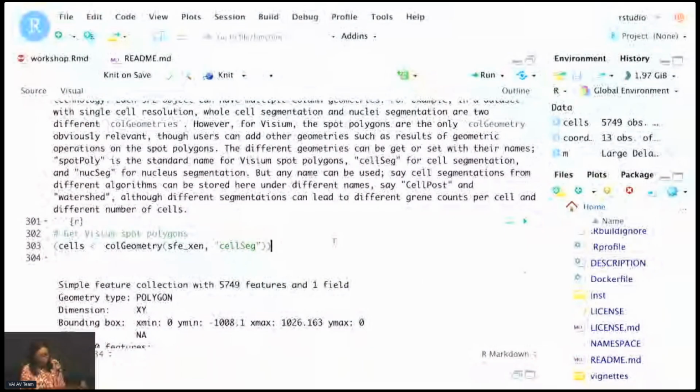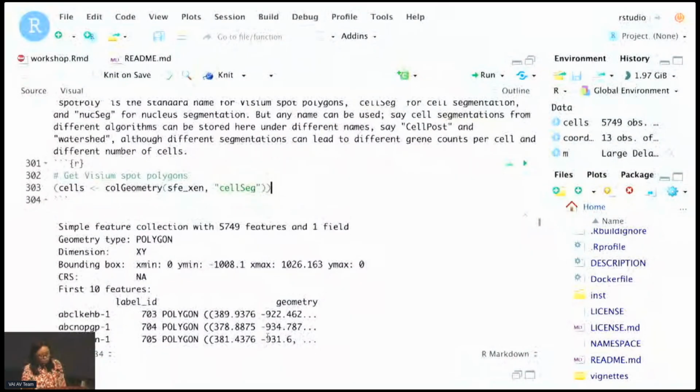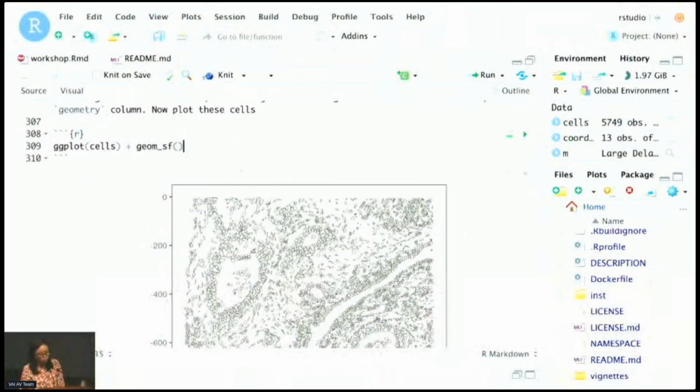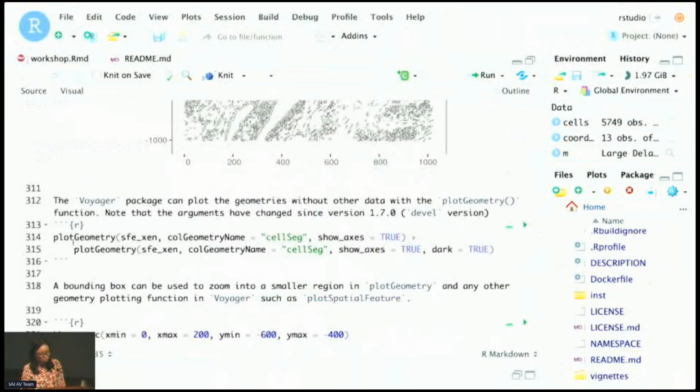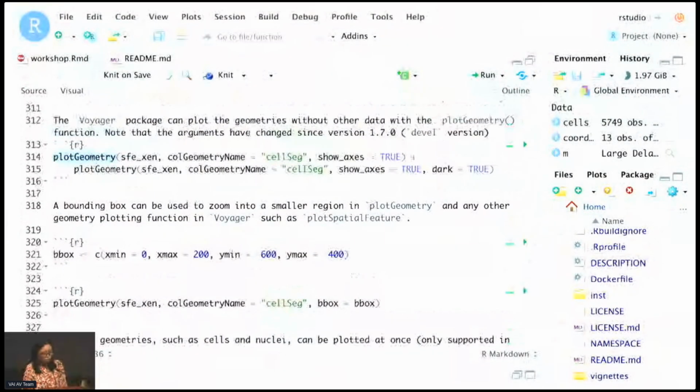But instead of using the getter to get the geometries and directly calling ggplot to plot it, there's also in the Voyager package the plotGeometry function. And in order to plot the colGeometry, we populate the colGeometryName argument. Also there's a light theme, which is default, and a dark theme; you put dark equals TRUE to use the dark theme if that's your personal preference.